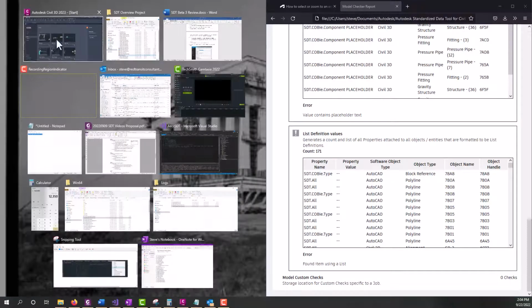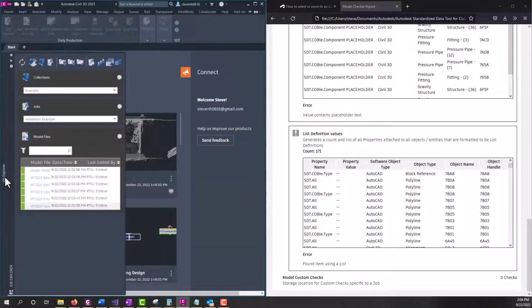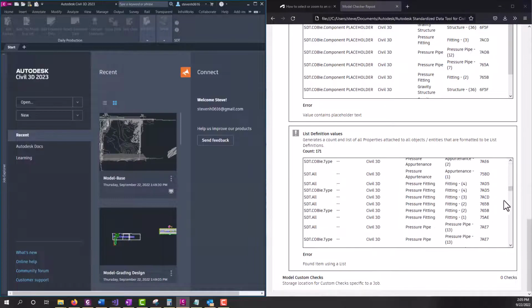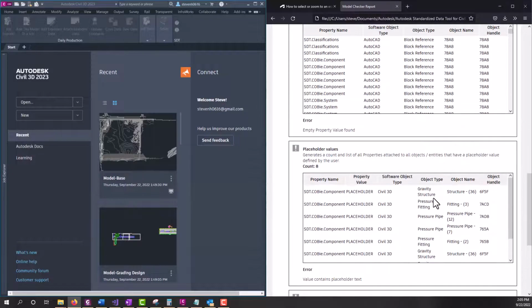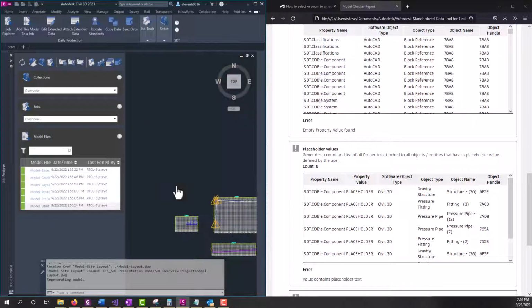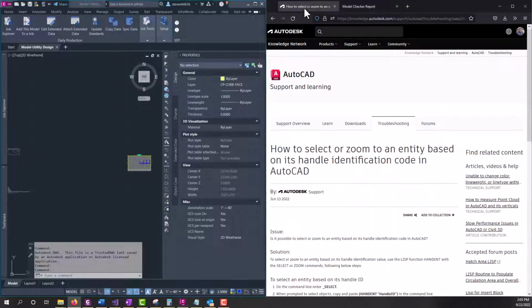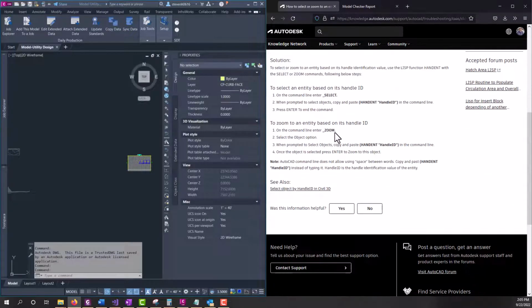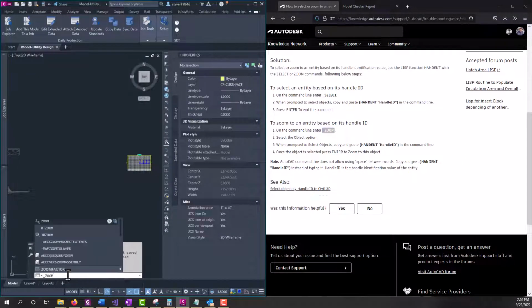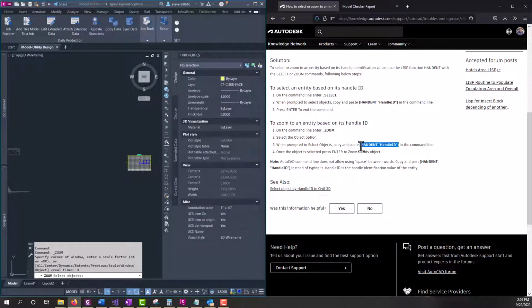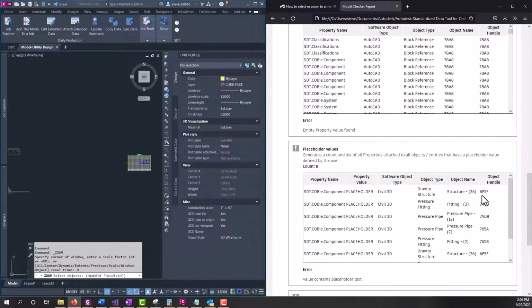I'm going to dock this on the right, dock Civil 3D on the left. And then I'm going to refresh my Job Explorer, open up the overview project here. Make sure I can find my placeholder handles. Open up that utility file that I put the placeholders on. And there's some AKNs out there, some Autodesk Knowledge Network pages that explain how to select or zoom to entities via the handle. So we're going to grab some of that Lisp code,